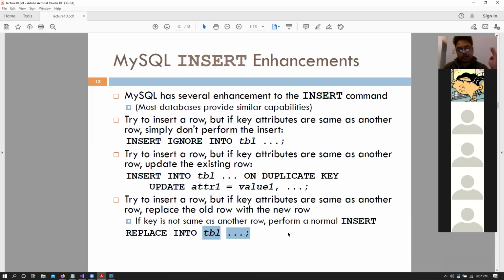So as you can see, it pretty much covers more or less all of those things that we can require. So either we can ignore the new update, or we can update the current value, or we can completely replace the total set of old previous values, right?